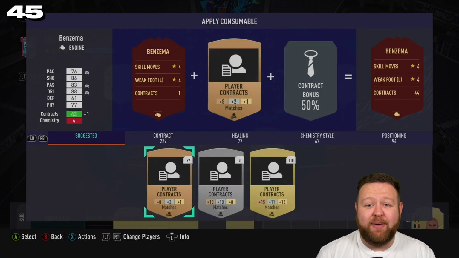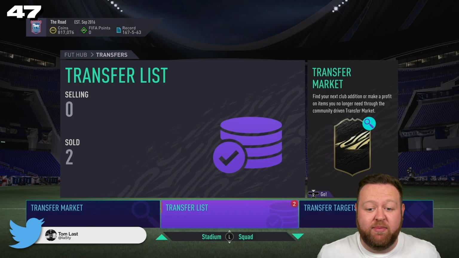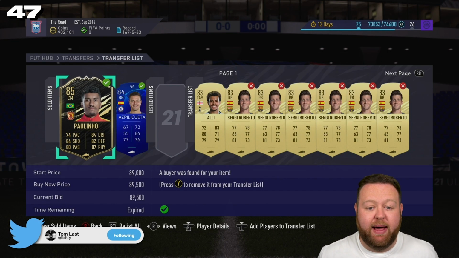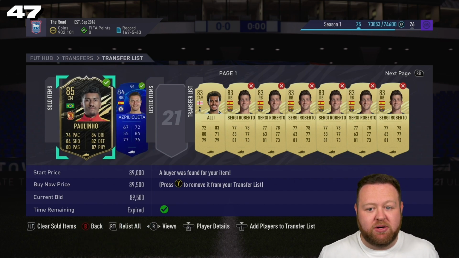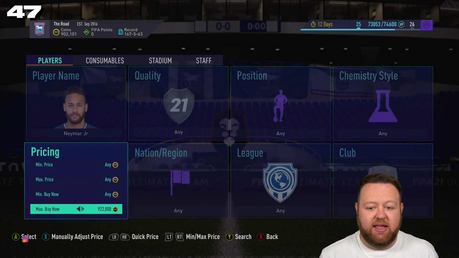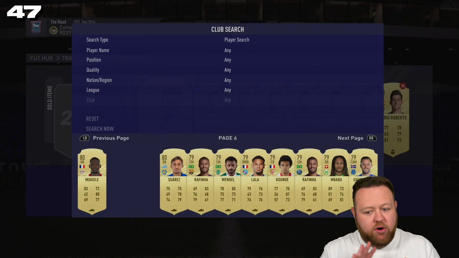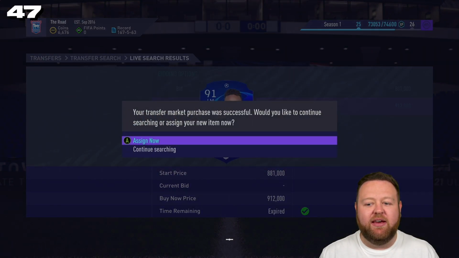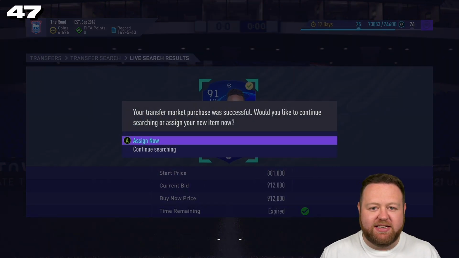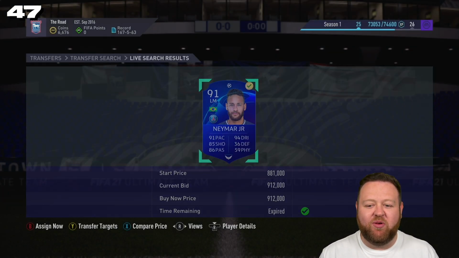God, you are amazing and I've missed you, and I think I've mistreated you by leaving you on the bench. We make a big sale of Paulinho. The reason I do this is because it was about the only possible way I could free up enough funds to start thinking about buying Neymar, all right? I check him out on the market, about 920, 925. Neymar was such a key player for us in last year's series that I am so excited to say welcome